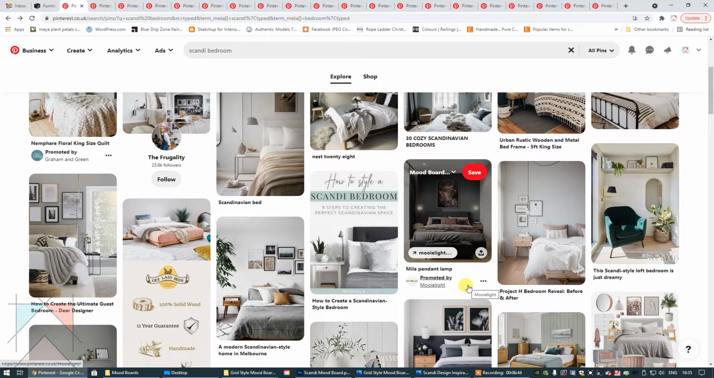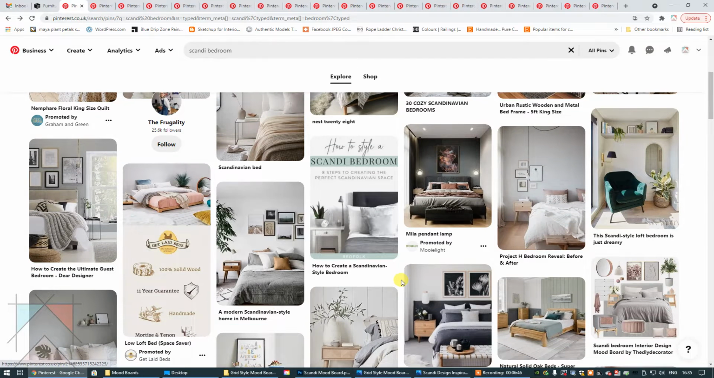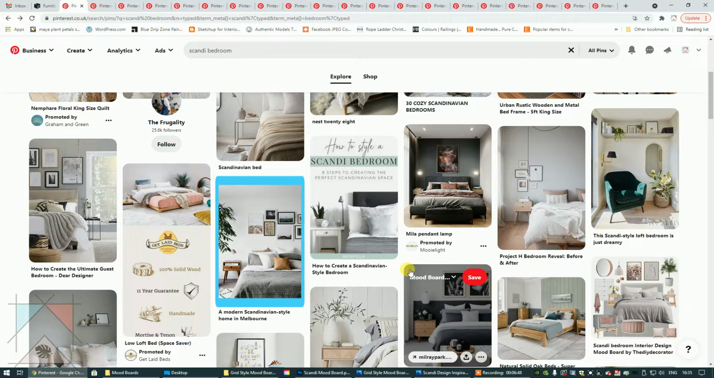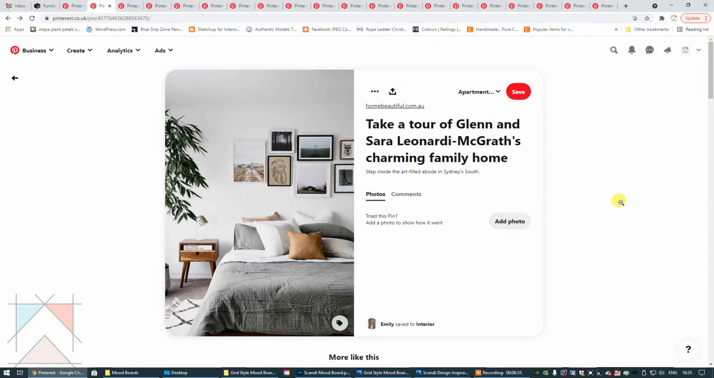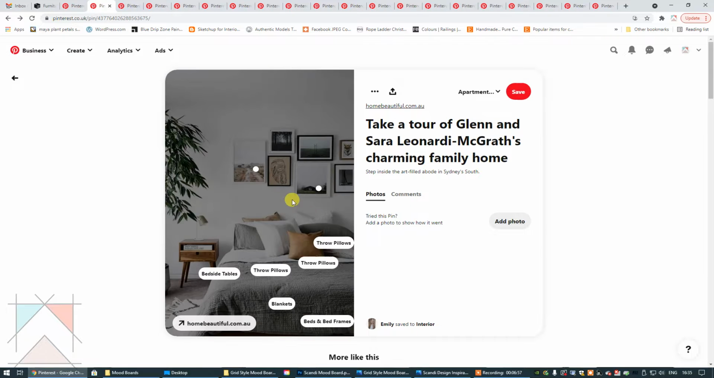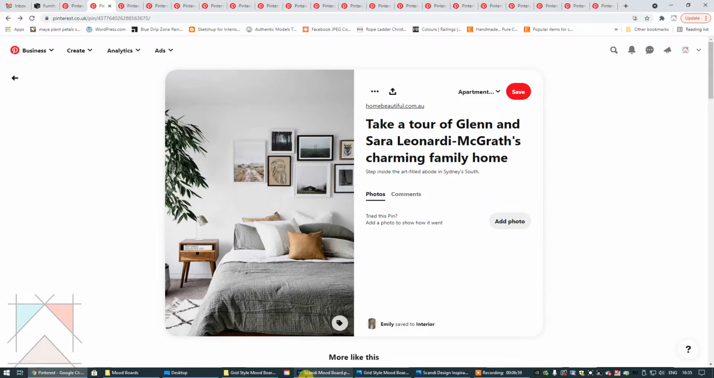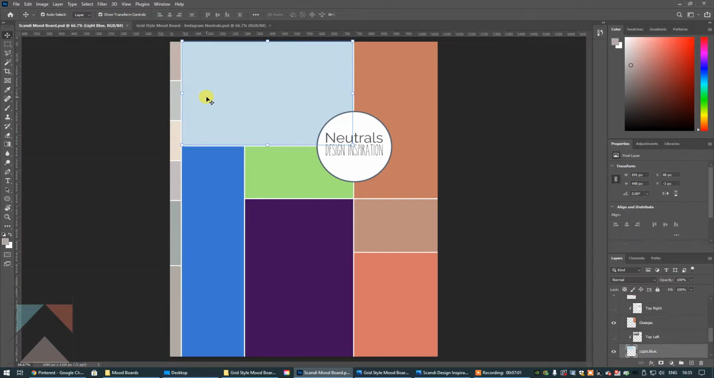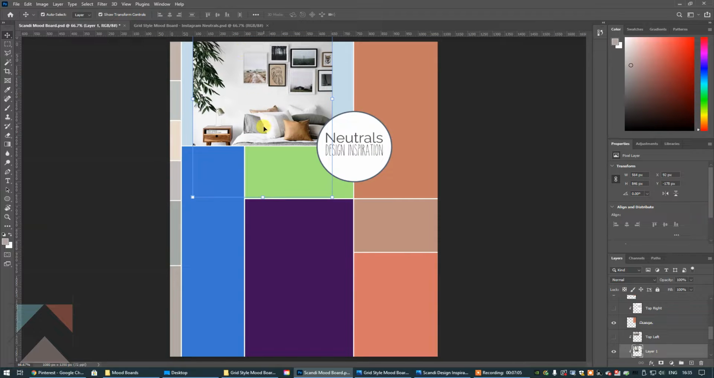So I scrolled down and I came across this one. And I really liked it, really because of the wood, the art, and the tan cushion. So I clicked on that image to get a better look at it. Okay. And then I copied it and I brought it into Photoshop and I pasted it in. Okay. Now,